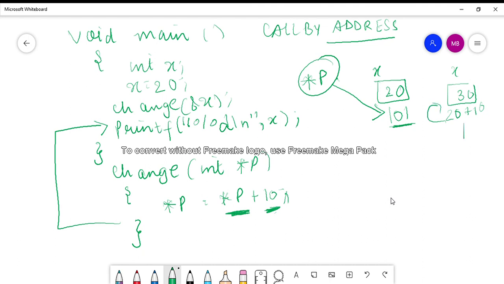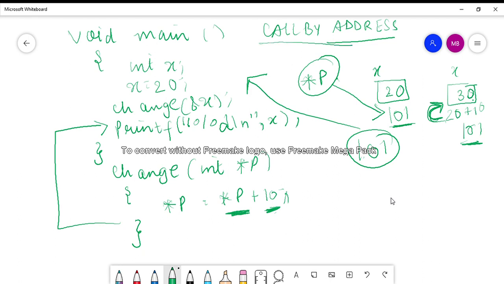I have incremented the value at this memory location by 10, so I get 30. Changes made to this memory location are then immediately reflected in main also. So this is the advantage of using pointers, and this is how you use call by address or call by reference.